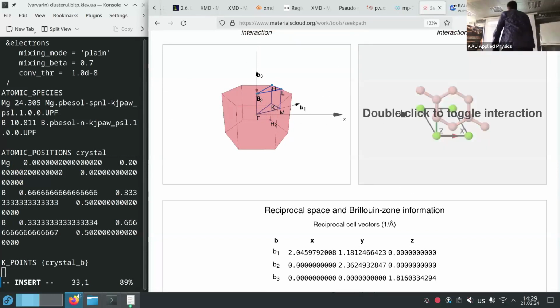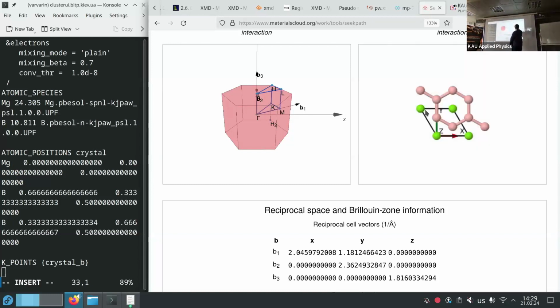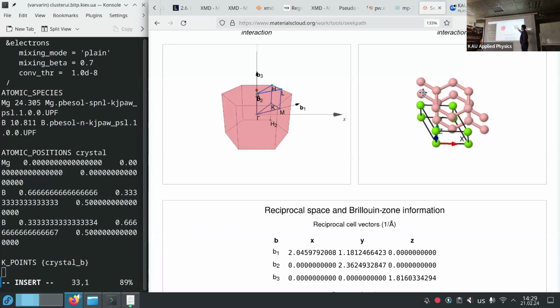And you can see here what I mentioned. You see this pattern of graphite, these hexagonal things, and you see another cell. So it's like we have two cells. One is the hexagonal cell like graphite, and the other is just this trigonal cell for magnesium.